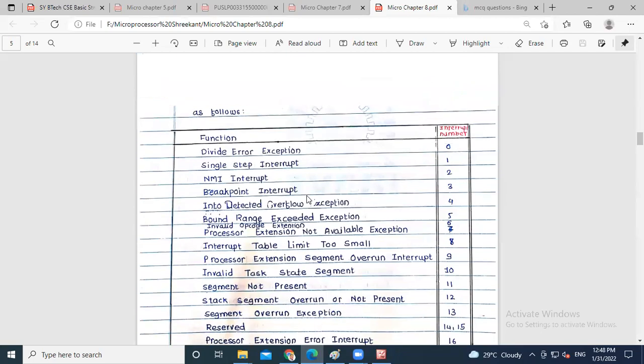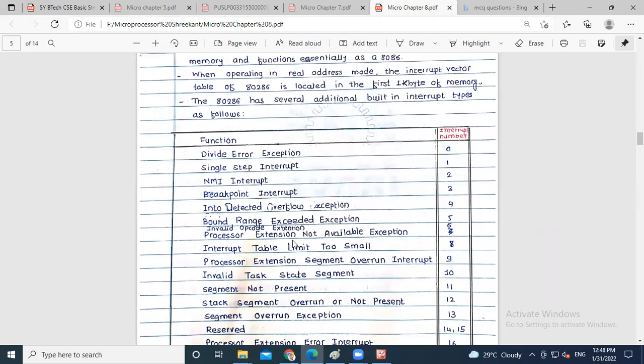These are some of the exceptions, some problems that are going to be solved by this